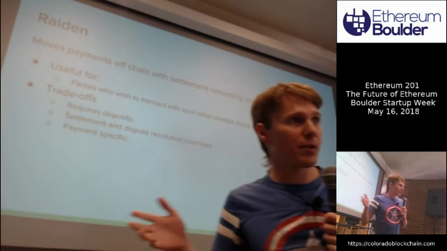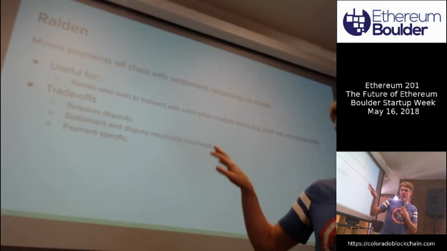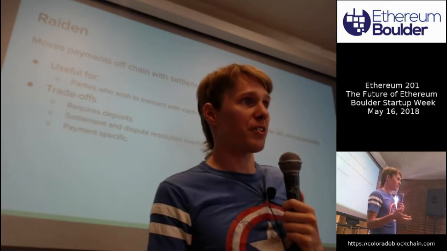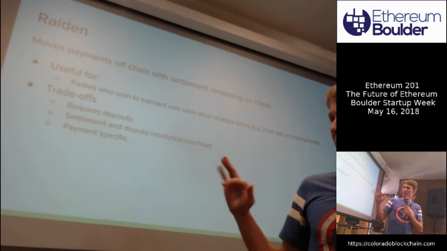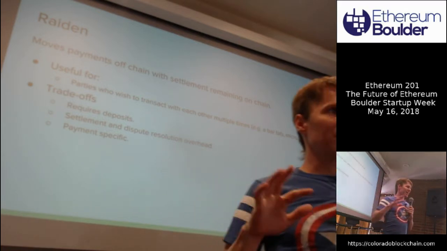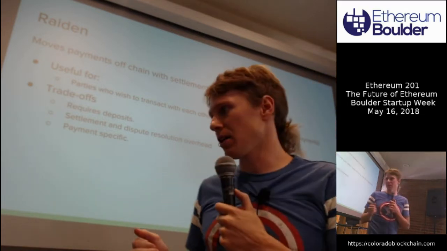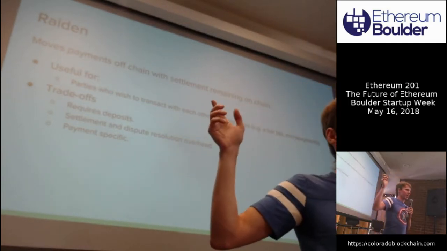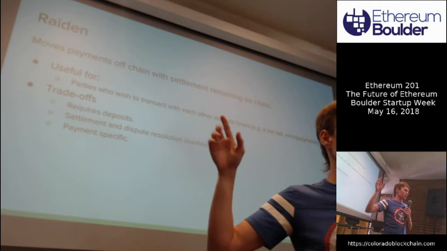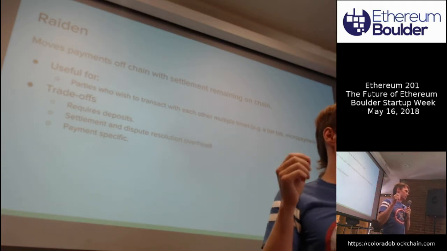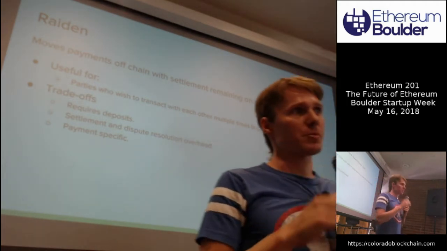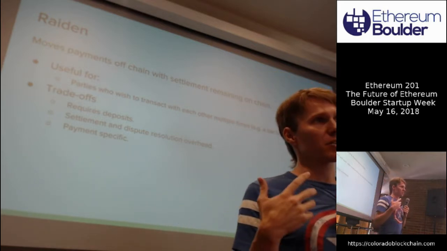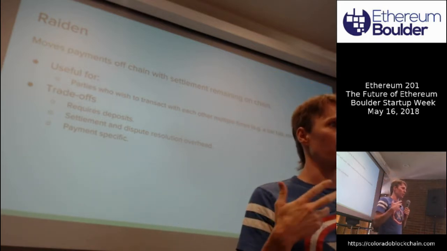There are some trade-offs that we get with all of these. One of them is just the overhead of you've got to put a deposit down for that bar tab ahead of time to make sure that you have enough money to pay for it. There's some overhead for handling disputes and settlement, things like that. But in general, this solution right here can provide MasterCard and Visa level transaction throughput for payments. So that is payment specific. So payment channels are likely going to be a big piece of scaling because a lot of the use cases for blockchains are payments.